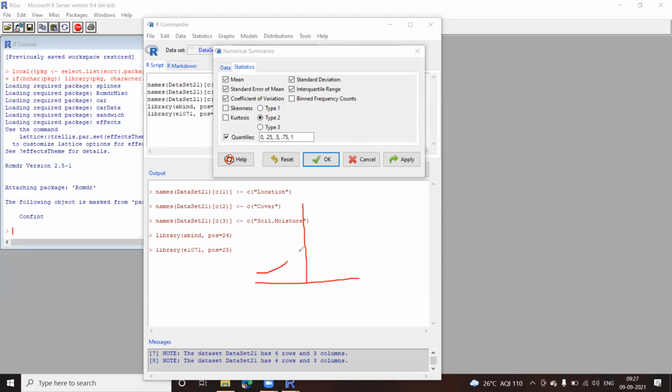So it can be something like this, or it can be some curve like this and then like this, anything. So that shows the skewness, the shape of the curve of the distribution. That is what skewness will give you. But we are not going to go into that right now. I'll just show you how to use it.